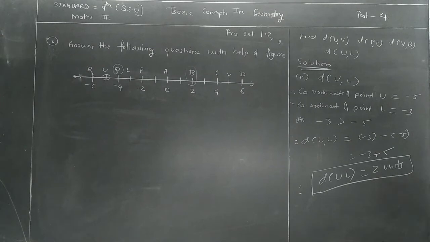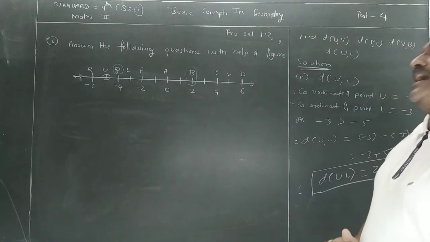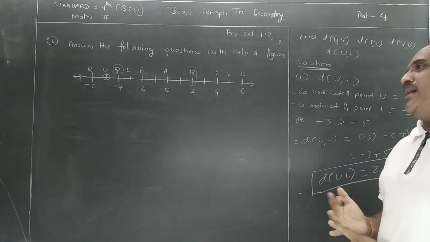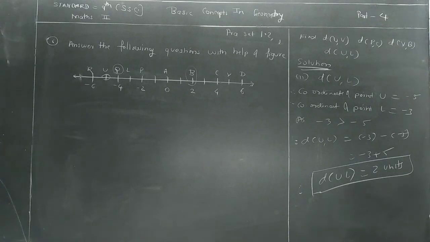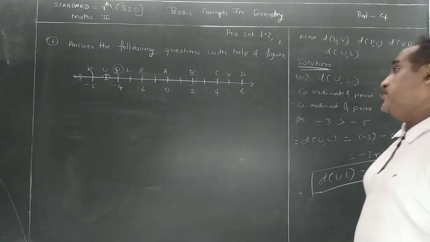But students, one more thing I am going to revise. I am reminding you once again that you should take care of your tables. I'll repeat, tables you have to do from 1 to 20. Cubes you are going to do 1 to 30. Sorry, squares you are going to do 1 to 30 and cubes you are going to do from 1 to 10. You have to do that now. Then only the calculation becomes easy. You have to take care of the signs, and all the concepts should be clear.